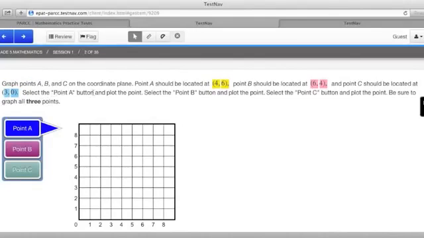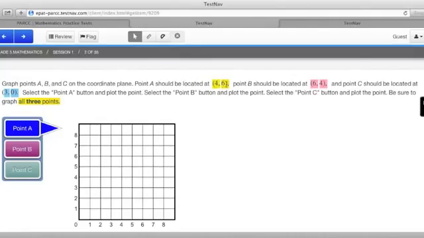It says select the point A button and plot the point. Select the point B button and plot the point, then select the point C button and plot that point. Be sure to graph all 3 points. Once again, make sure we've read the problem really well. By clicking on point A and then moving my cursor onto the grid, you'll notice I get a crosshair, and